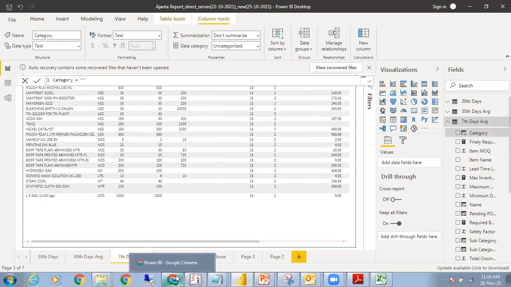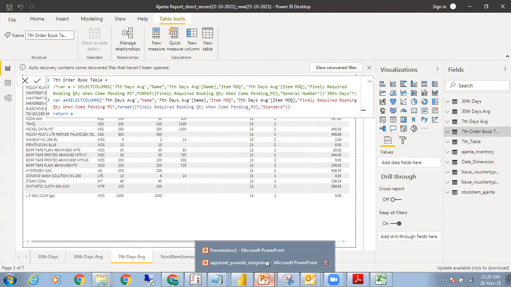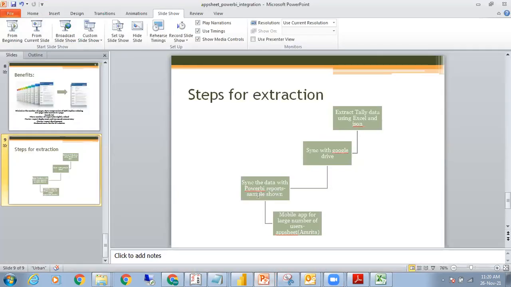So please consider the Power BI module, which we are also selling. Most of the management reports can be made from there. So you can make a report and then publish it and then give access to multiple clients. So with this, sir, I finish my portion of the report, and then I give it to Miss Amrita to actually show the mobile app to you all. So over to you, Amrita.